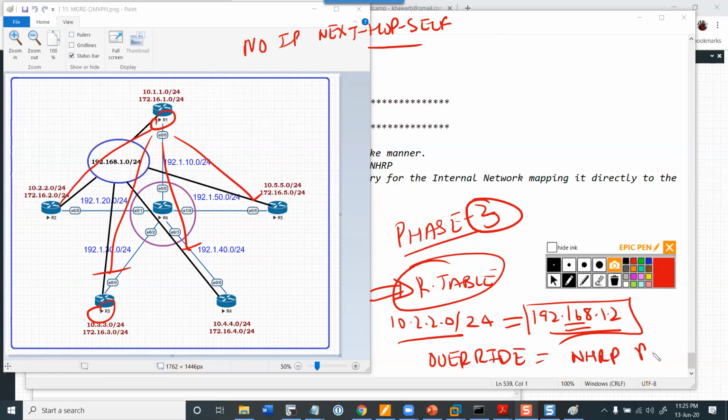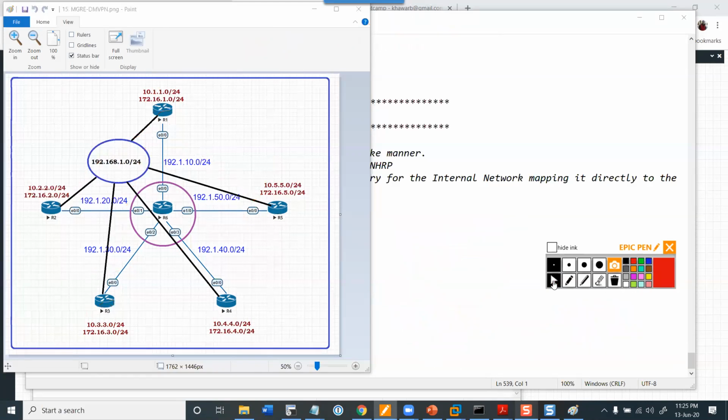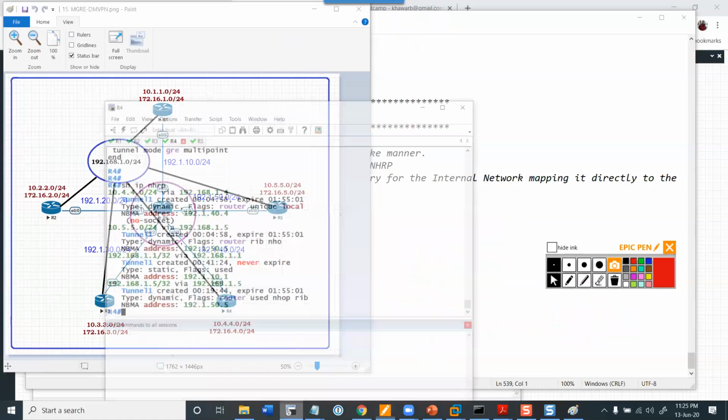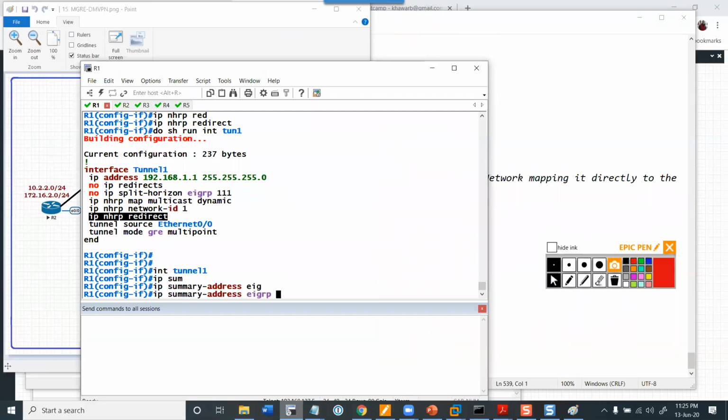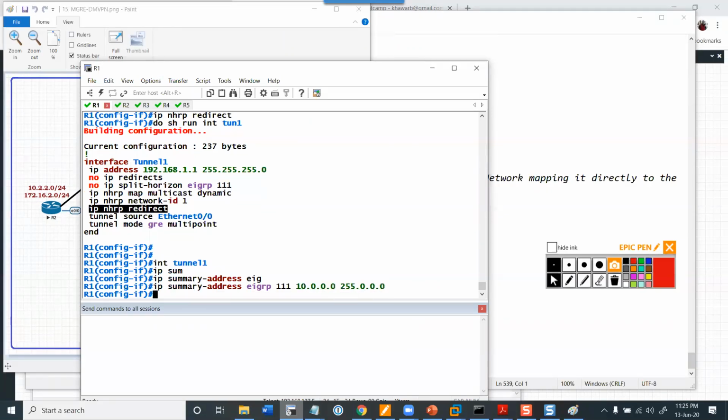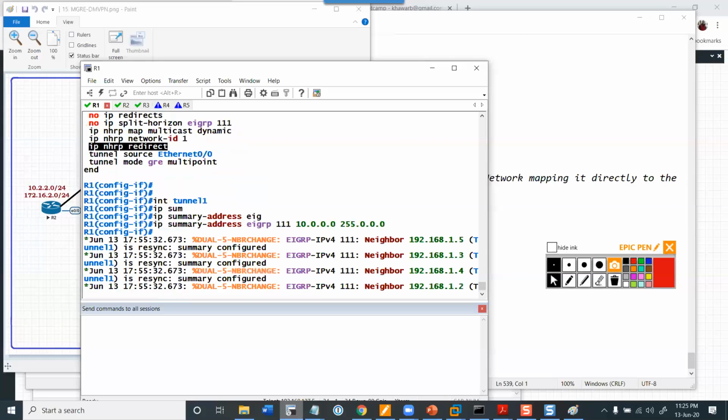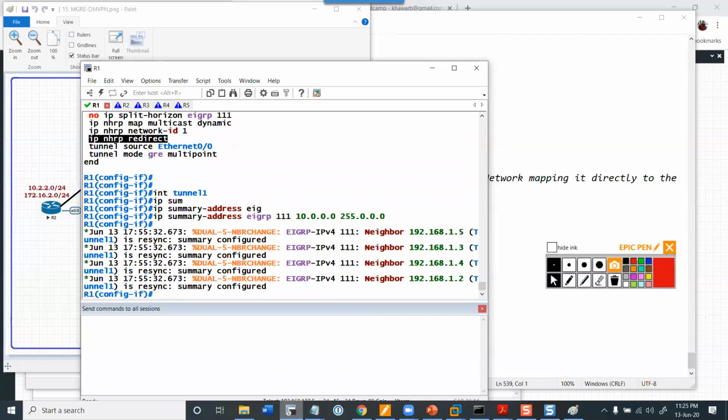By the NHRP redirect. So because of that, one of the things that you can do is, I can go to router 1, the hub, go under the tunnel interface and create a summary address. I'll say for EIGRP 111, summarize the 10 network. So I'm not going to send them all the routes. I'm just going to send them network 10. Or you can do a default route for that matter. With phase 3,